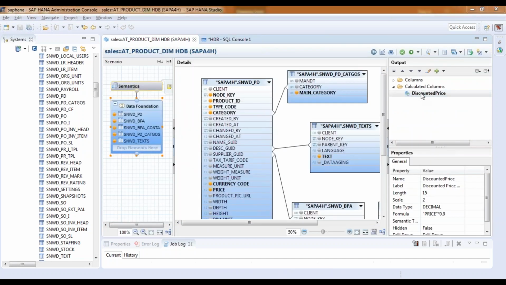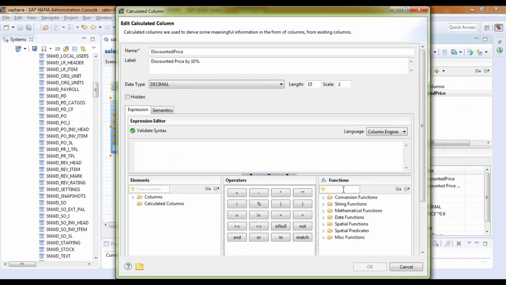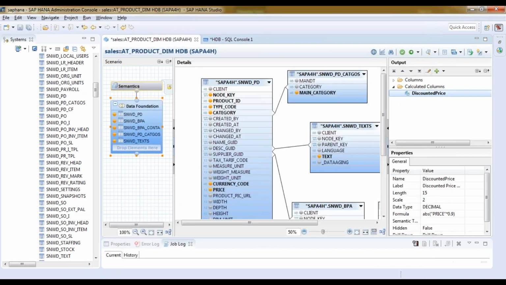So you can come back, double click, and I can say calculate an absolute value. Here, come down in the functions. There are a lot of functions. I just search for ABS. It is the absolute function which calculates the absolute value, and I just put my price into 0.9 inside this to calculate the absolute value of the price, so that no decimal points come up. Click on OK, re-execute the model,